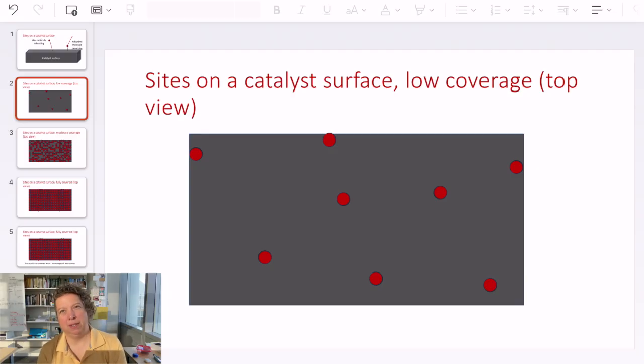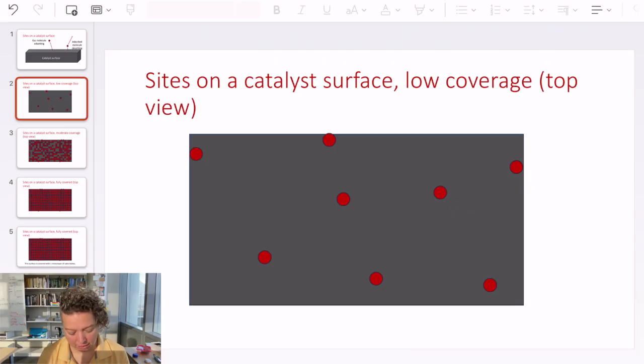So coverage is basically what fraction of this catalyst surface has adsorbates on it. And then the remaining fraction is the free catalyst surface where catalytic reactions can occur. So if a molecule is taking up space on the catalyst, that means that no reaction can occur there. The reaction is going to occur on the free regions of the catalyst surface, so the gray regions in this picture. This is a low coverage surface because I only have a small number of